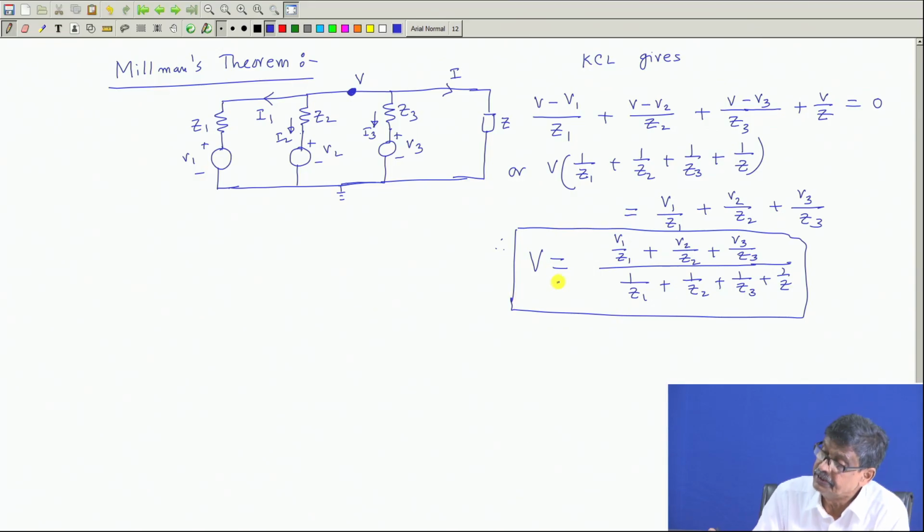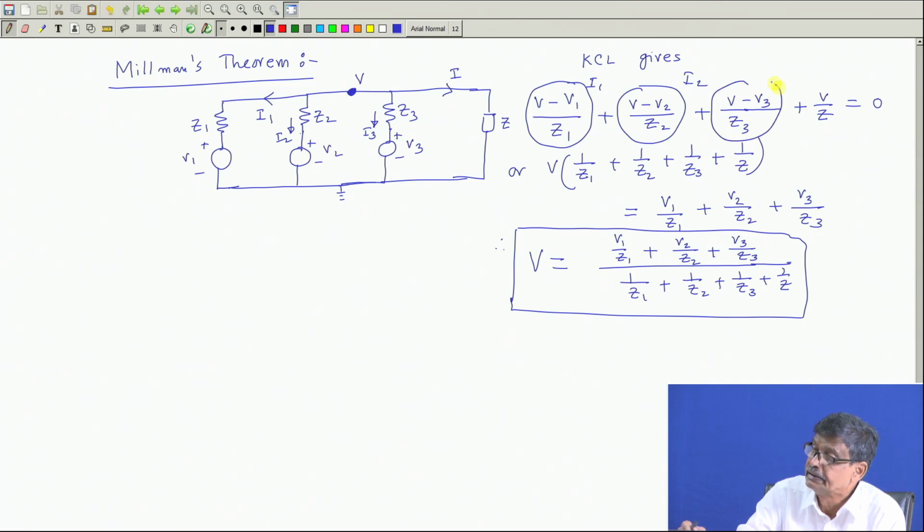After you get V, you have to calculate I 1, calculate I 2 and calculate I 3 in the usual way. Okay. So, this theorem was somehow I forgot to mention. Today I mentioned it; it is a 2 line derivation. After you have gone through this course, this is nothing. I mean, you can just assimilate this.